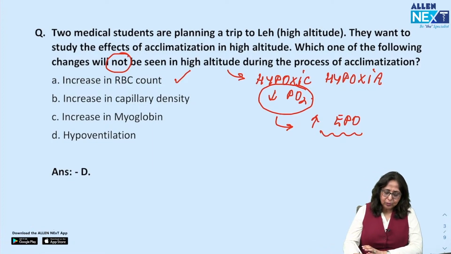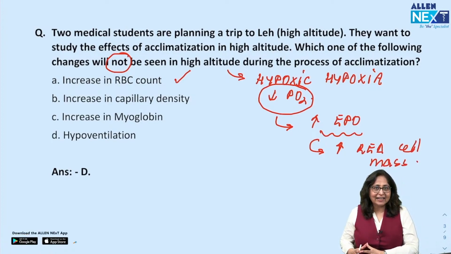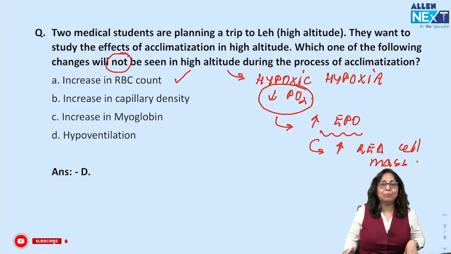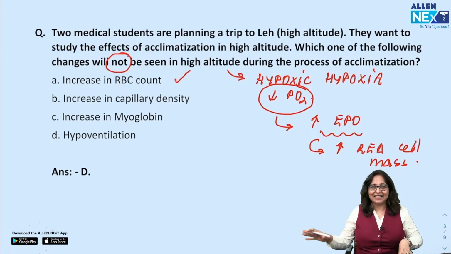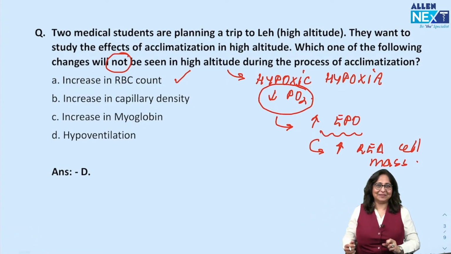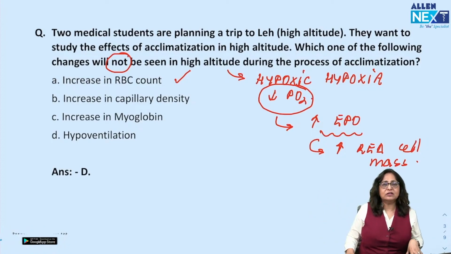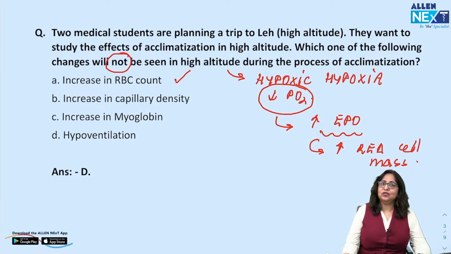And what is the role of erythropoietin? Erythropoietin increases the red cell mass. Erythropoietin acts on the committed stem cell stage and decreases what is known as apoptosis. What is apoptosis? Programmed cell death. It reduces or suppresses the apoptosis. So committed stem cells produce more and more RBCs. So it increases the red cell mass. And remember, what is a very important stimulus for the secretion of erythropoietin? Decrease in PO2. So there will be an increase in RBC count.